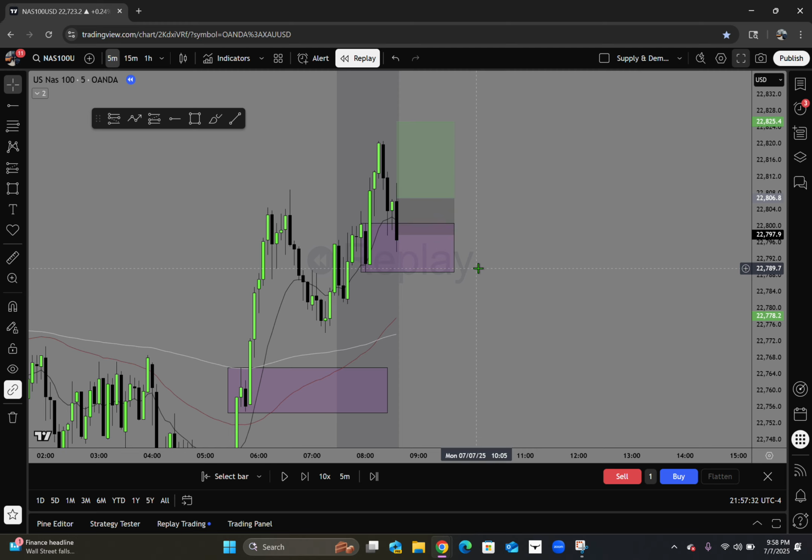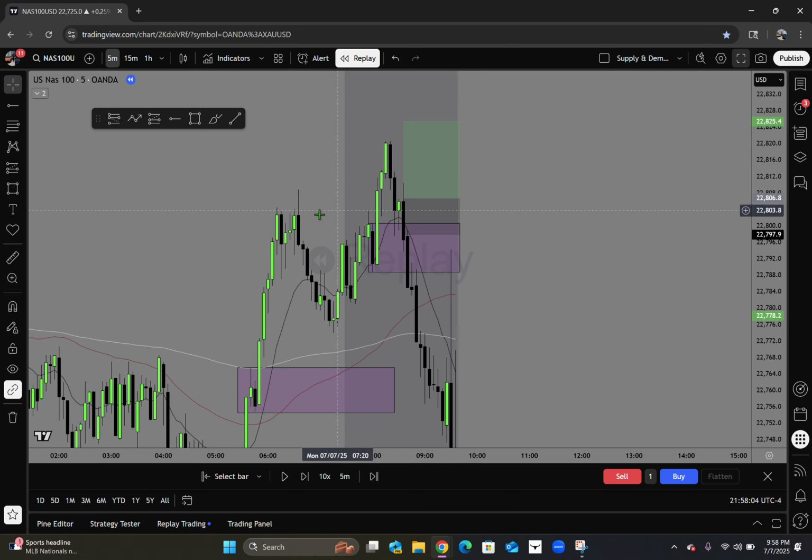So even though everything was there, we had nice rejections of the demand zone. Price was pushing up bullish. We have a break of structure. 3MAs are underneath. Everything is aligned. It was still a losing trade. And after that, price just kept tanking. Basically for the day, it just kept tanking. And this was the start of the week, basically.